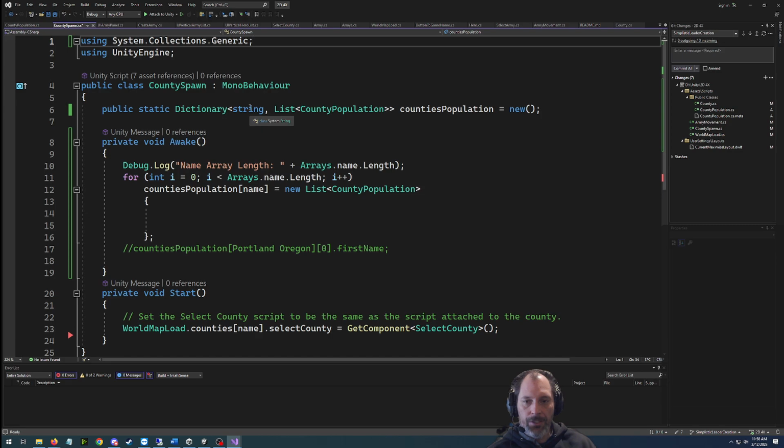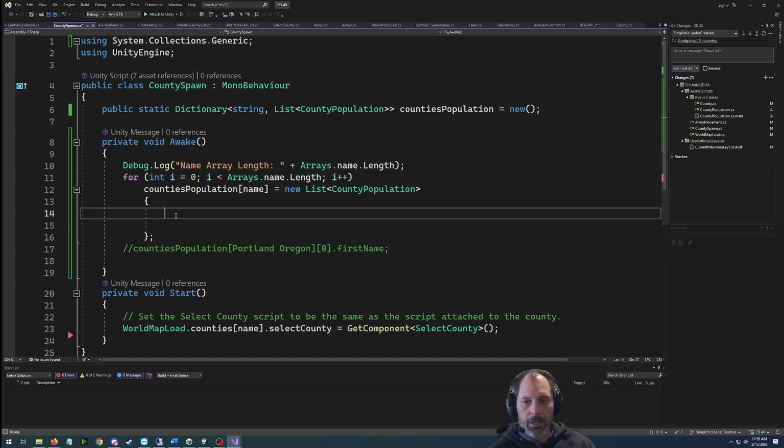What is the name of the string that we're assigning to it? We're just saying counties, population, and then this is going to generate a new list. We need something going on in here, but it didn't want me to put the for loop in here because in this list,